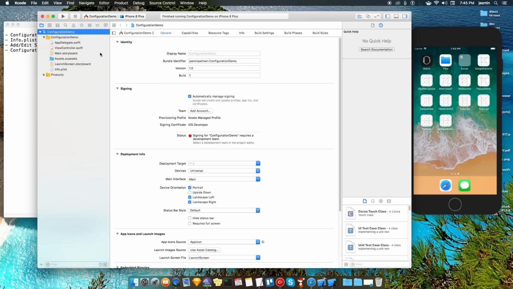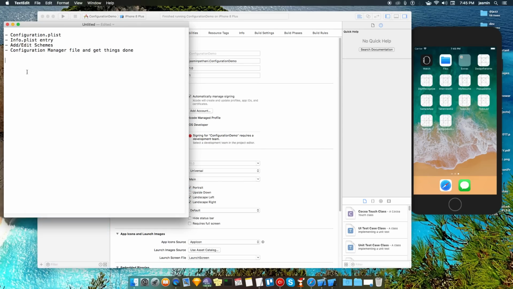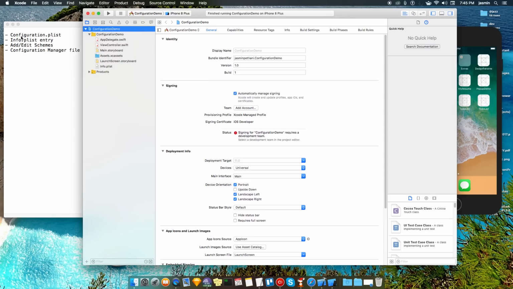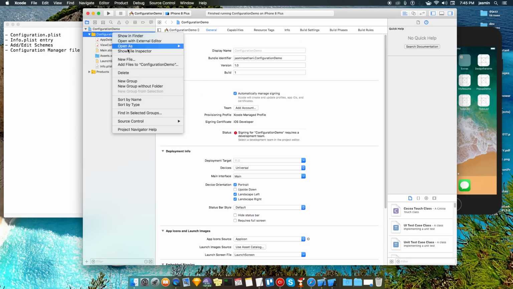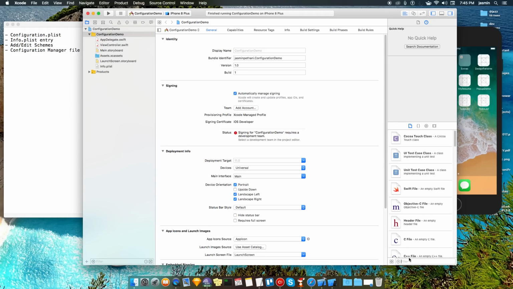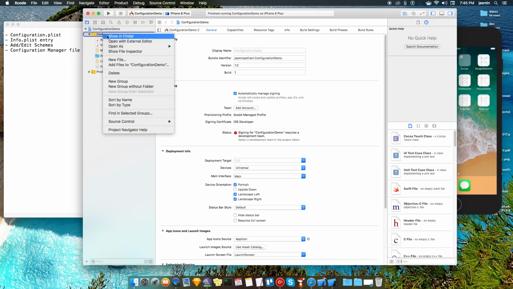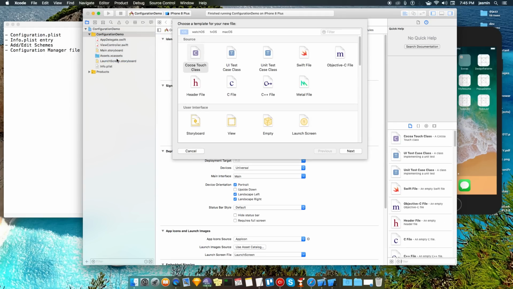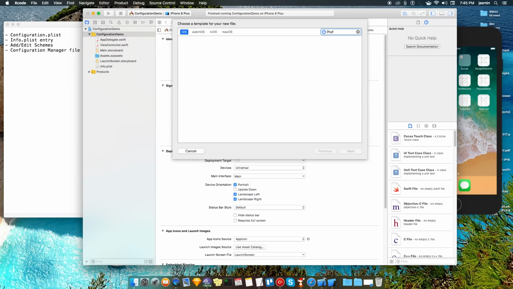To start with, there are four steps we need to do. First phase, the configuration plist. Let's create one file called plist, and we will give that the name configuration.